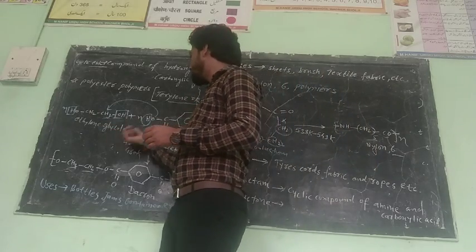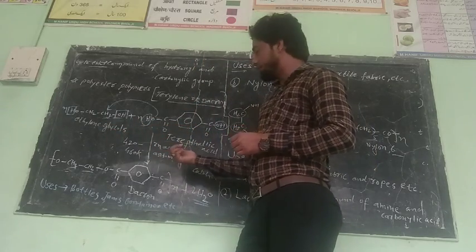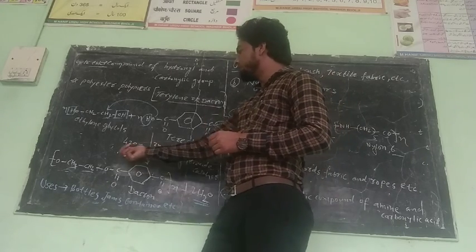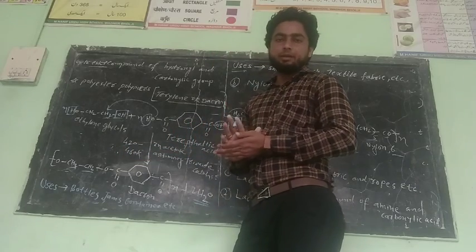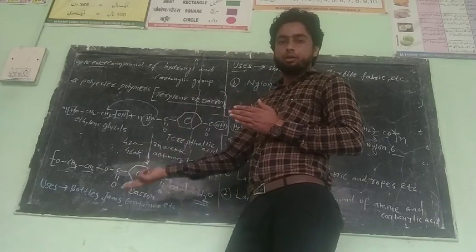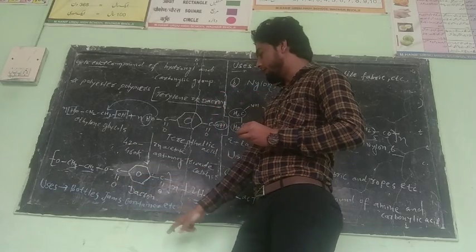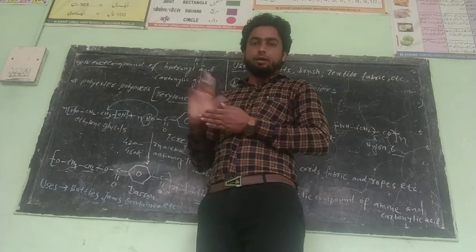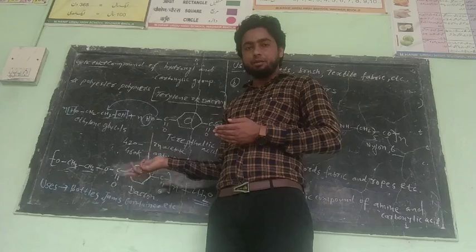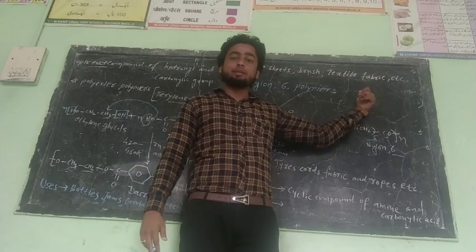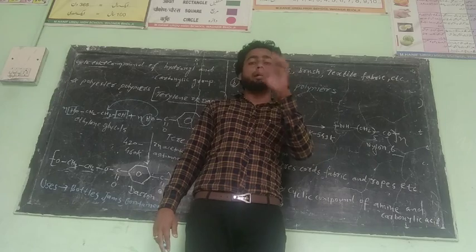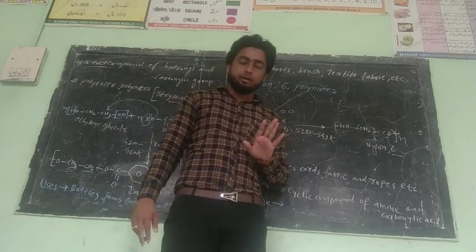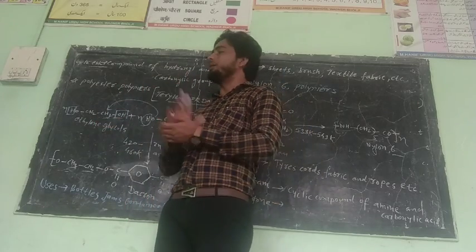When ethylene glycol reacts with terephthalic acid in the presence of zinc acetate antimony trioxide catalyst and is heated at 420 to 460 Kelvin, with the loss of water molecules, they rearrange together to form Dacron or terylene, the polyester polymer. Why is it called polyester? Because this compound contains ester. Why is nylon 6,6 and nylon 6 called polyamide? Because it contains an amide group. It means lactam is an example of polyamide, and lactone is an example of polyester.